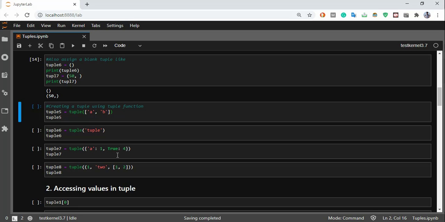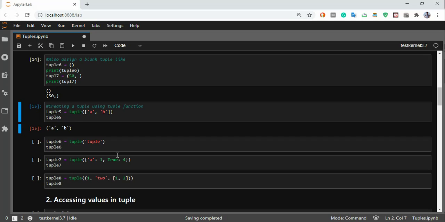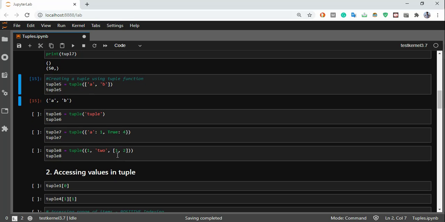To make it simpler, in this case of tuple 5, I'm assigning a list A and B. When I'm writing it inside the tuple method, it will iterate over this list and assign the values inside that particular list into tuple 5, right? If I write anything inside the tuple method, it will iterate entirely over it and provide me an individual value of it.